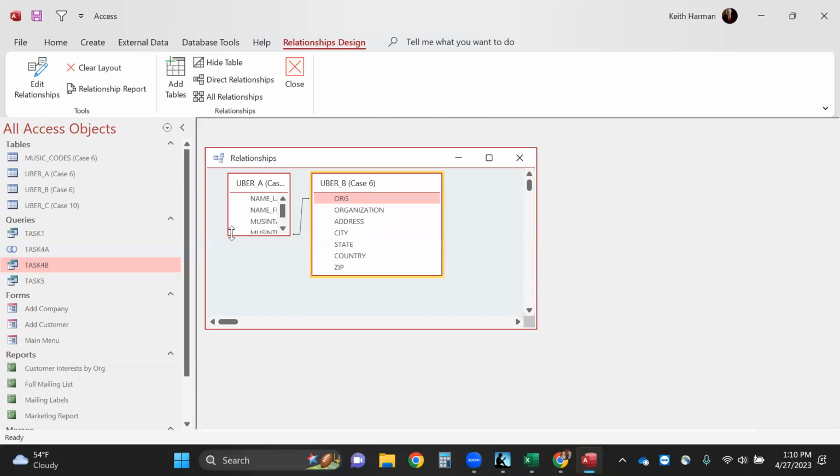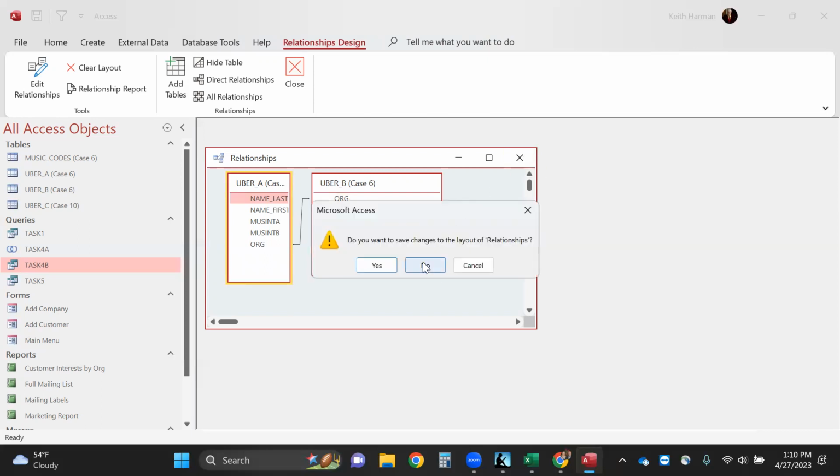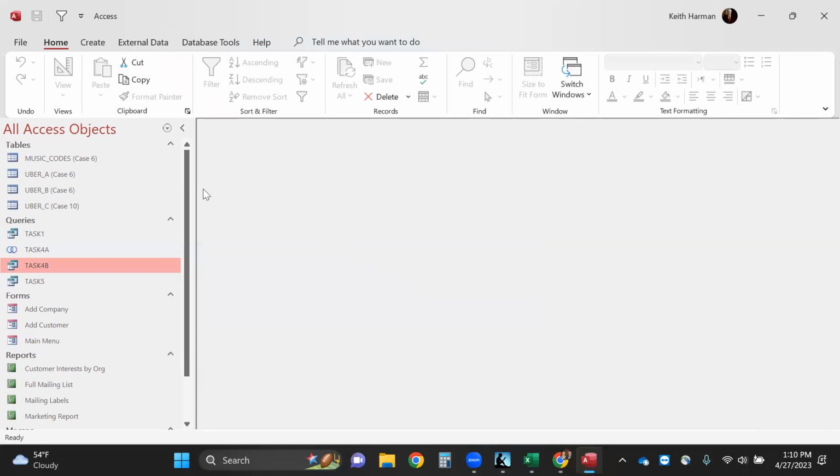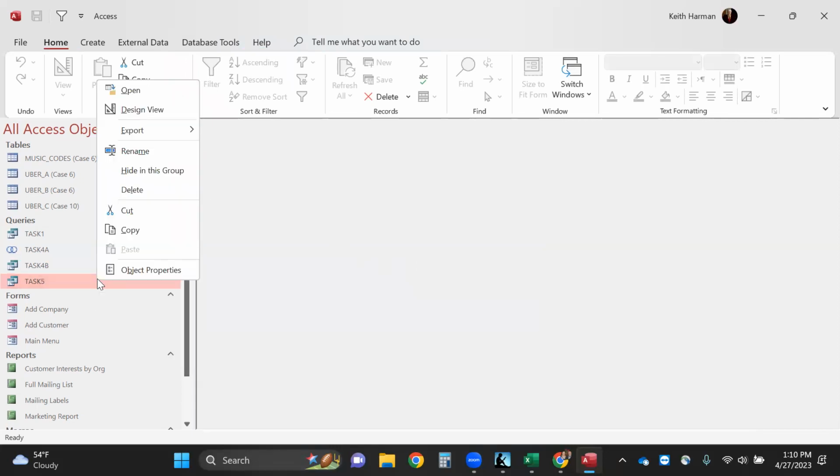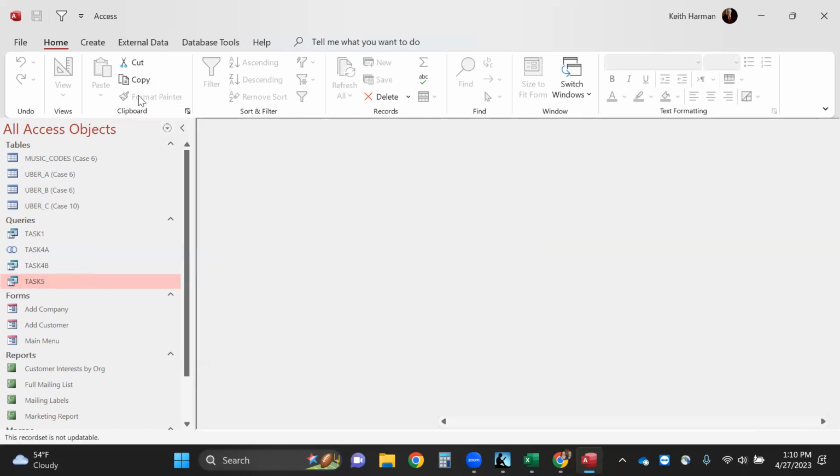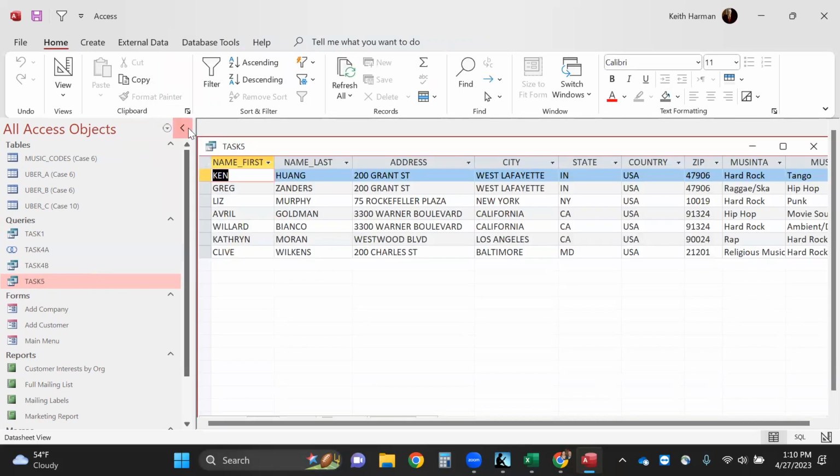Uber A and Uber B. And so it shows where they're tied up. The tie between them is the organization field. Well, we've done those, and then we had a kind of a tricky one,